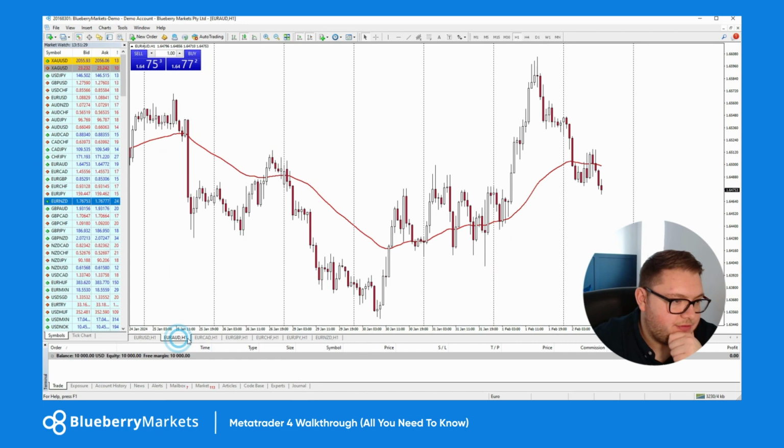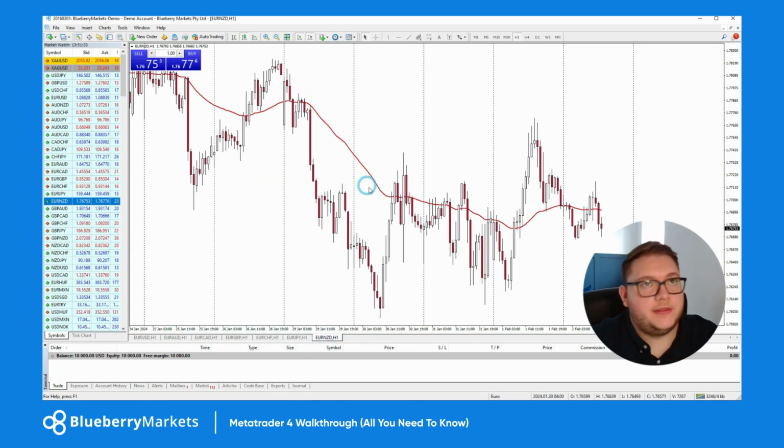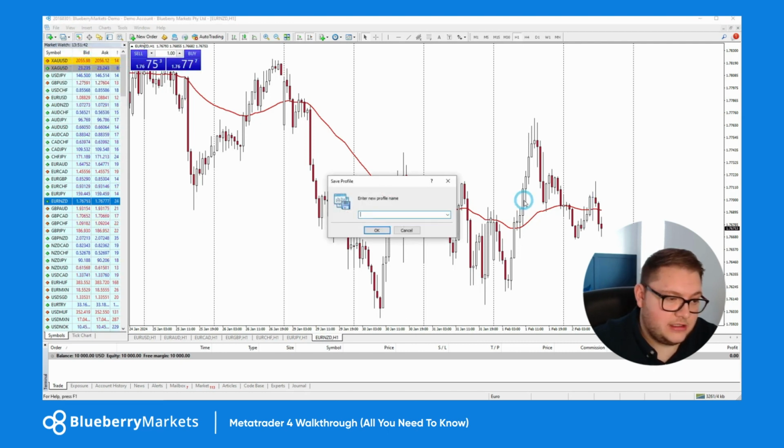You can see if I go onto every single one of those, they have all remained with the same properties. So what I want to do now is come back to that profiles area, click the drop down button, and it says save profile as. So I'm going to enter a new profile name here. I'm just going to put euro pairs. Okay, and I'm going to click